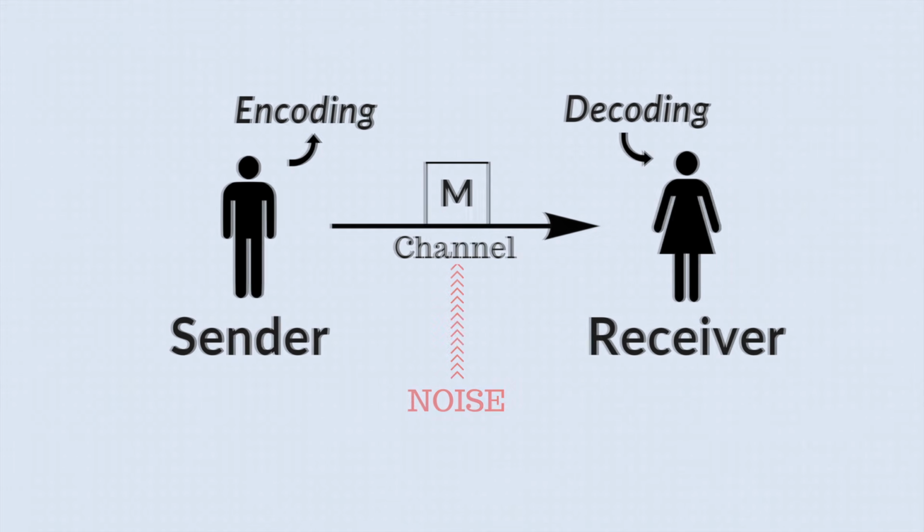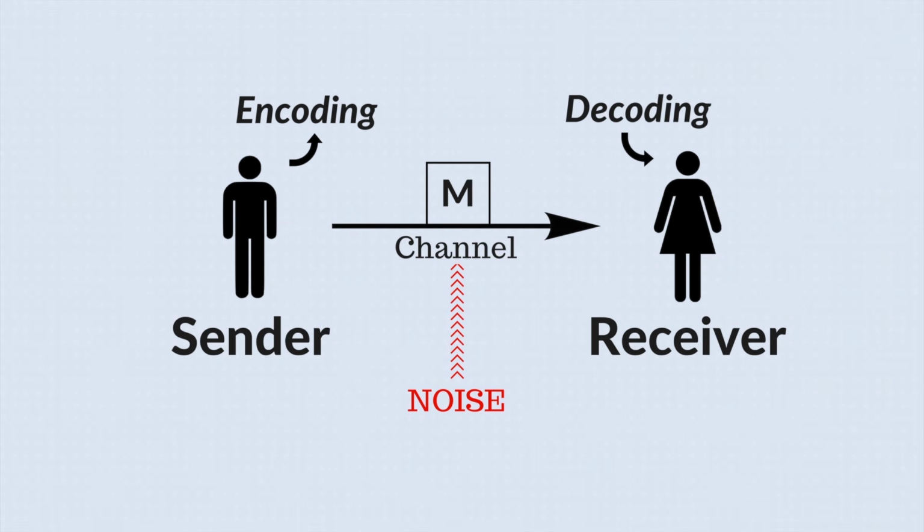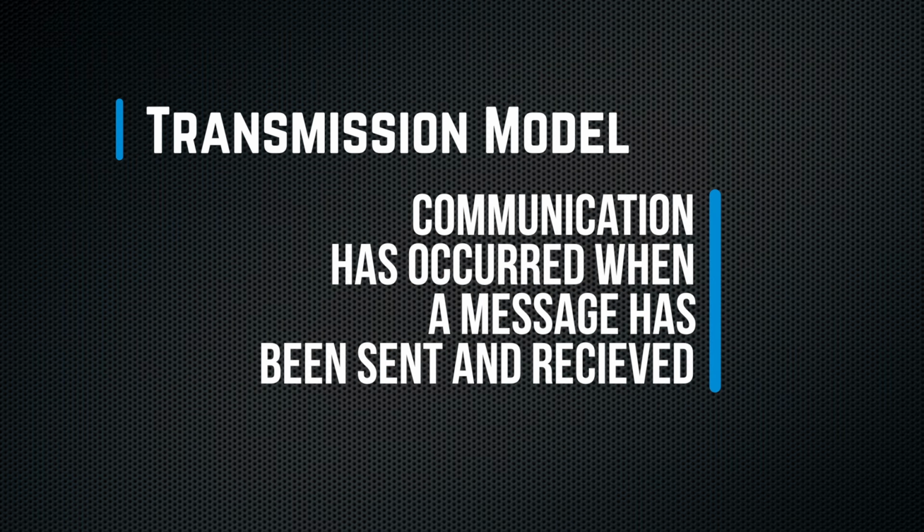Noise, however, is another part of this model. Noise might interfere with the message at any point along the way, maybe in the decoding and the receiving of the message. Let's say the message is garbled or doesn't make sense on the other end because something's wrong, there's some static in the line, so to speak, then that might complicate the communication process. According to this model, communication has successfully occurred when a message has been sent and received. So in that way, it's a linear or one-way model.